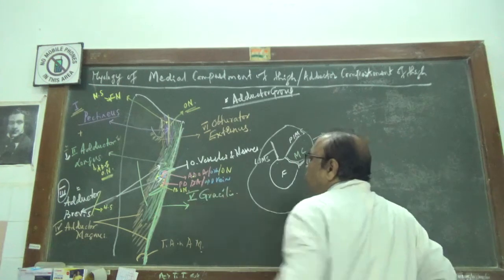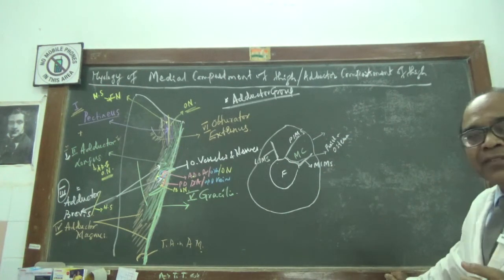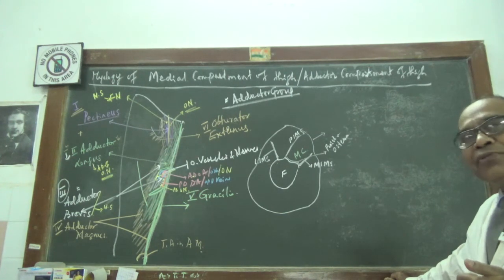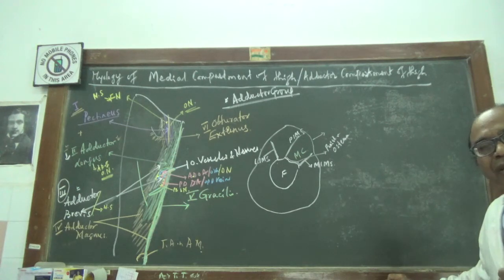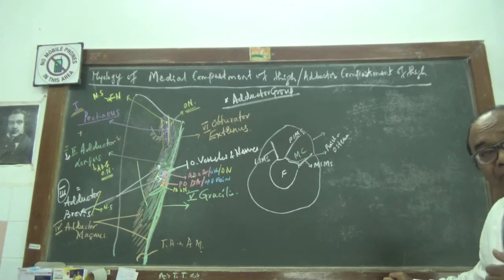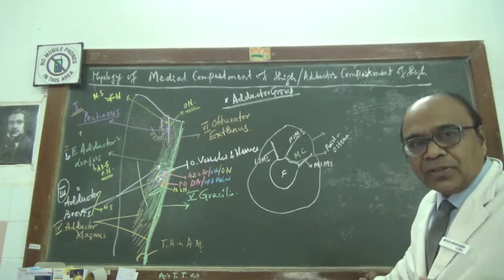Now what will you have behind? Behind this is the adductor magnus. At the point of insertion, it is the upper lateral divergence of the linea aspera. Then you will have the intermediate area of the linea aspera and the lower medial divergence of the linea aspera, and then as it is attaching there, there will be the adductor tubercle. Adductor tubercle.